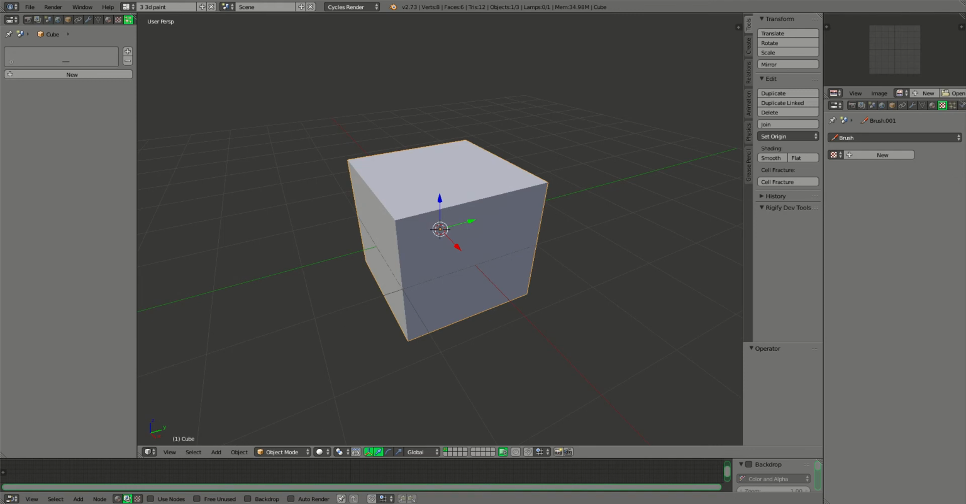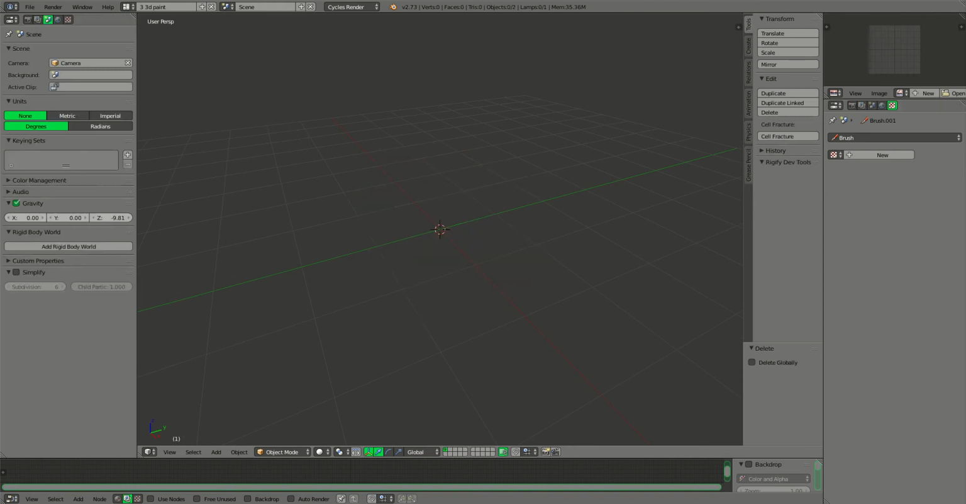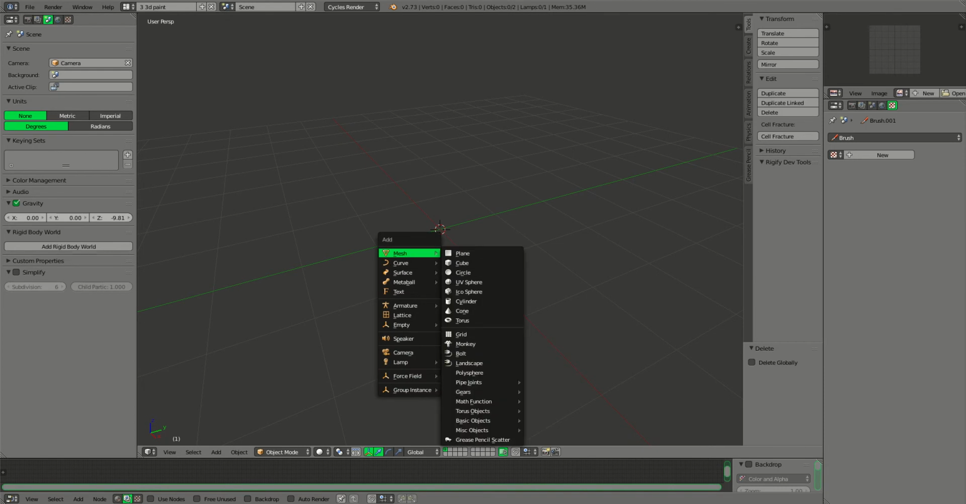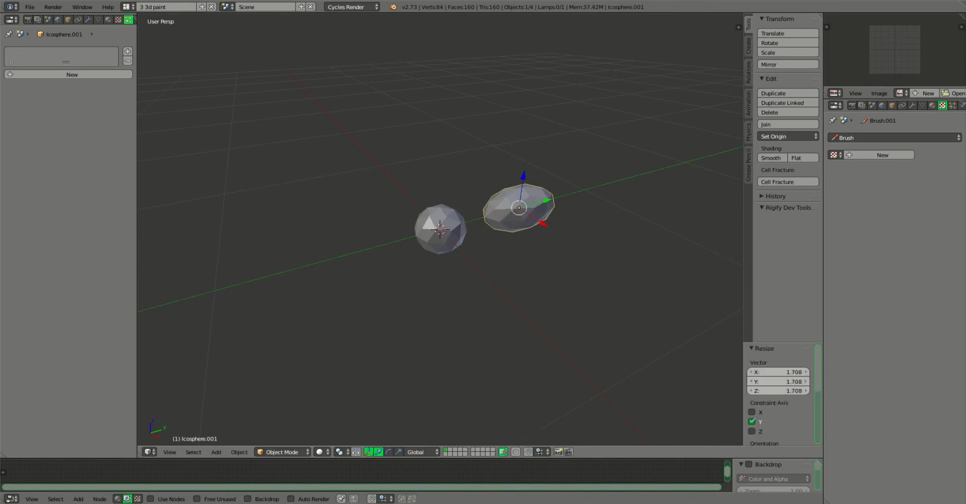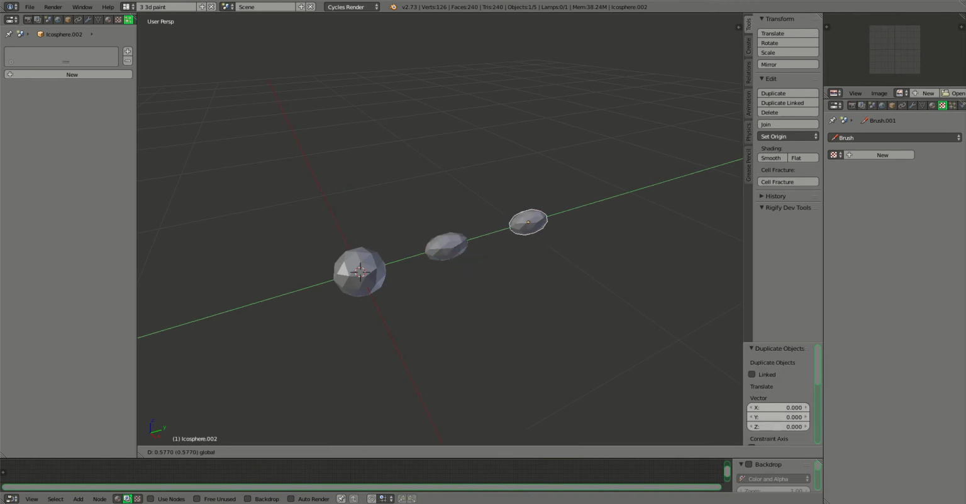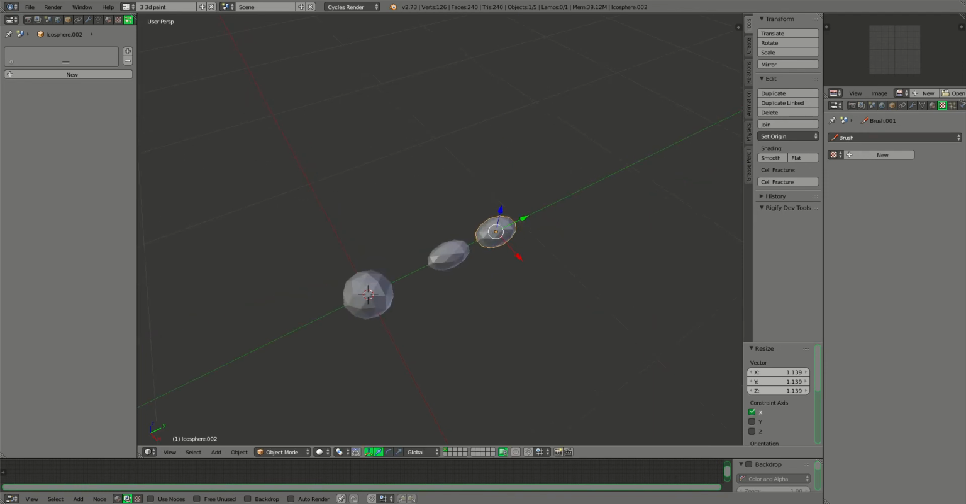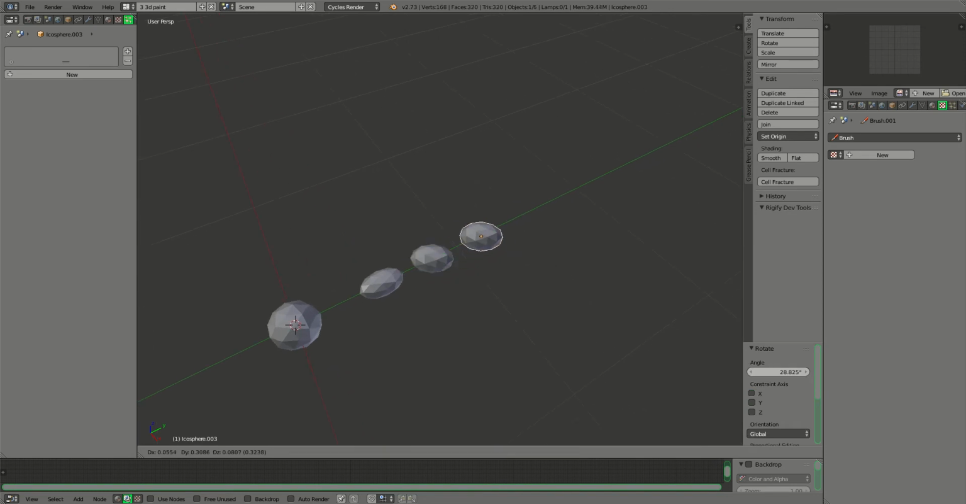I need to make a group, so I'm going to get rid of the default cube and add in some icospheres. Scale that one down, then duplicate it, scale it on Y a little bit, scale it down, then duplicate that, scale on Z, and scale on X a little bit, and rotate a little bit. Shift duplicate, scale,